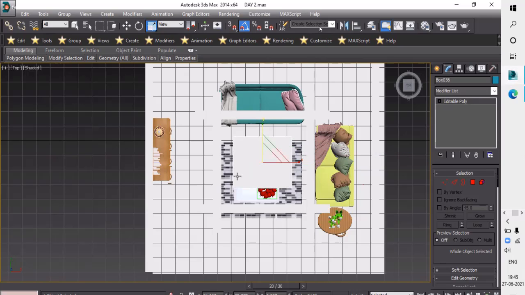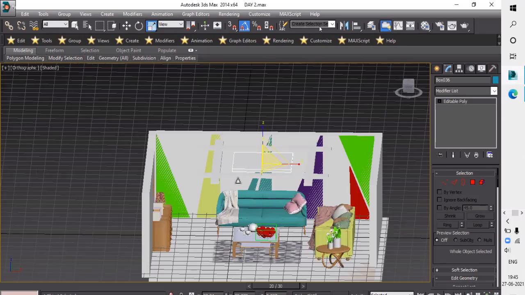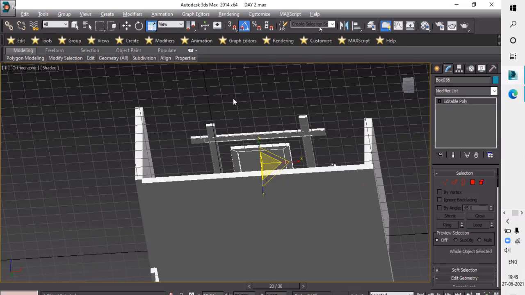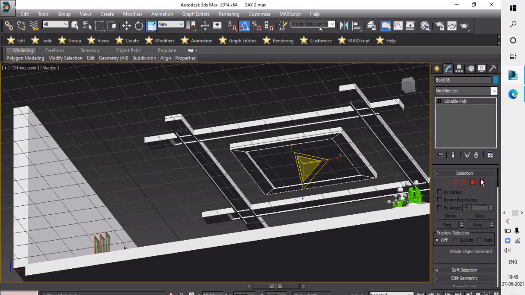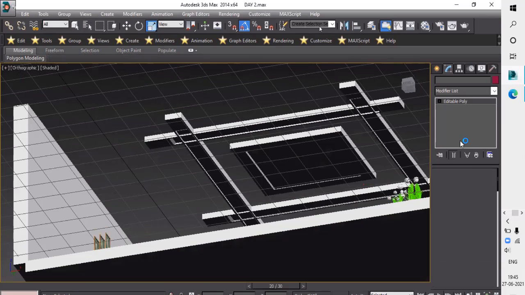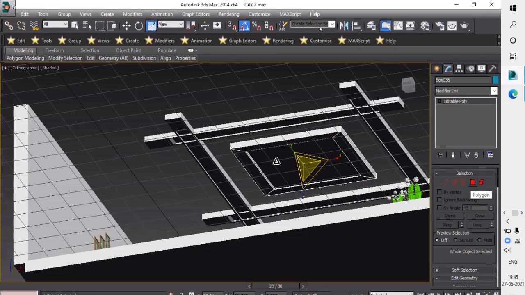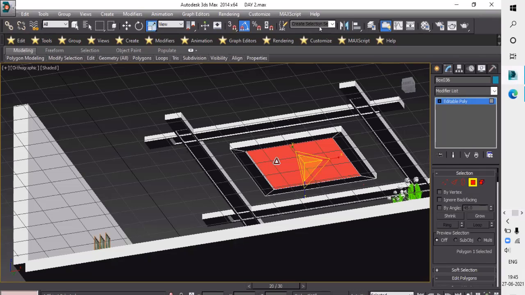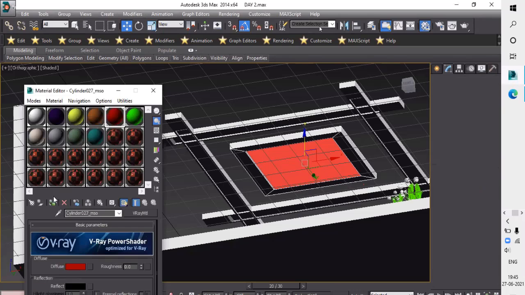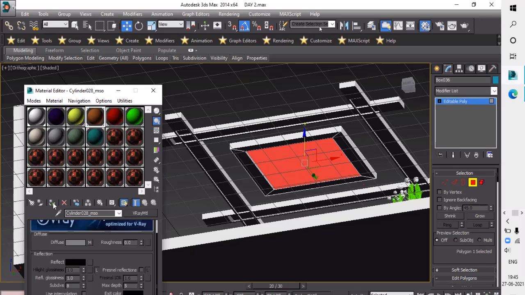Actually, I only modified it. It looks like that. Select this box, go to polygon, press W, M, enter, and I will give this color here. This wooden texture I will apply to this polygon.